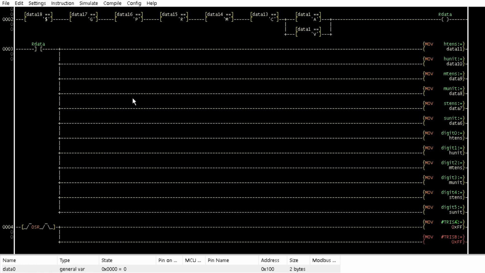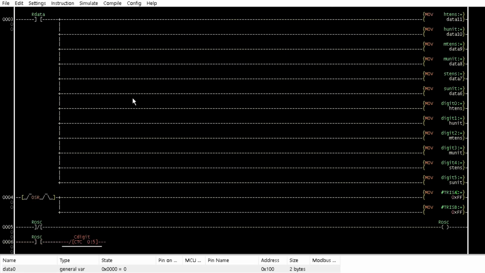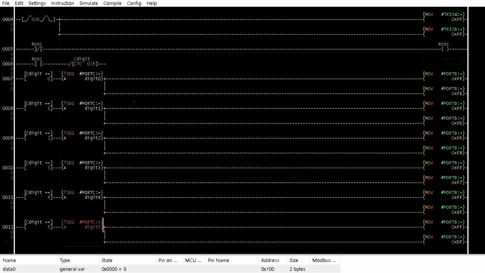In another rung, insert a normally closed internal relay contact and an internal relay coil with the same name of OSC. The contact OSC will trigger a circular counter of 6 counts. The circular counter will sequentially switch on the 7-segment display via the transistors to display the required digit using the compare for equal instruction as before. The character to be displayed on the 7-segment display is then moved directly to port C with the 7-segment font converter instruction.